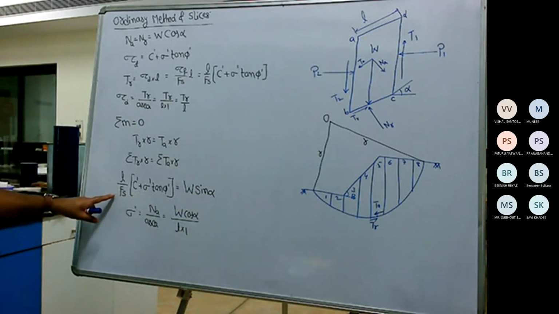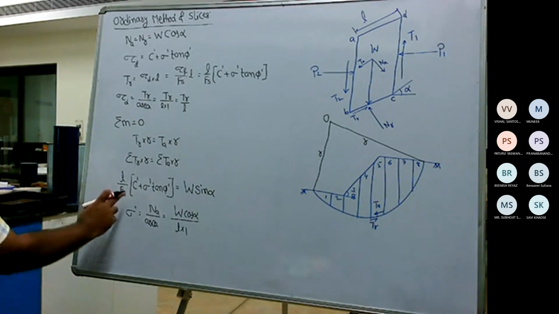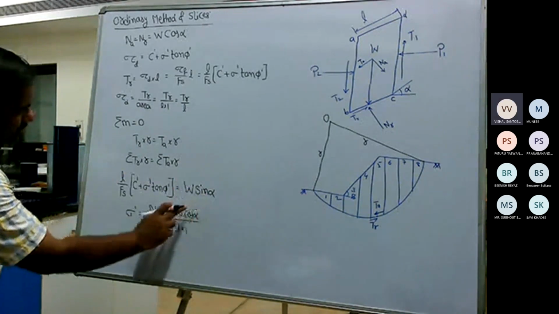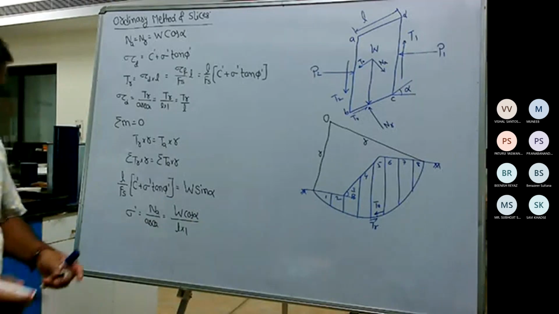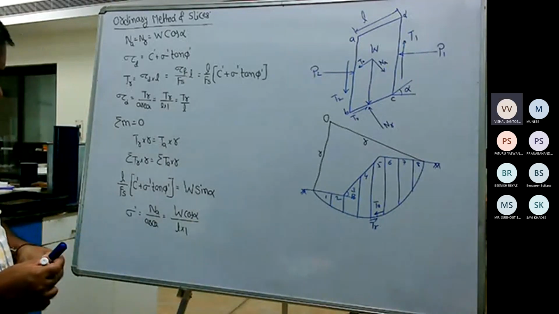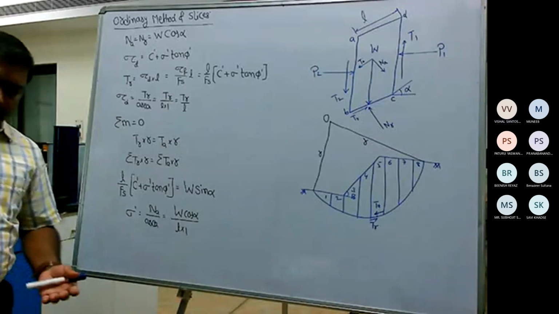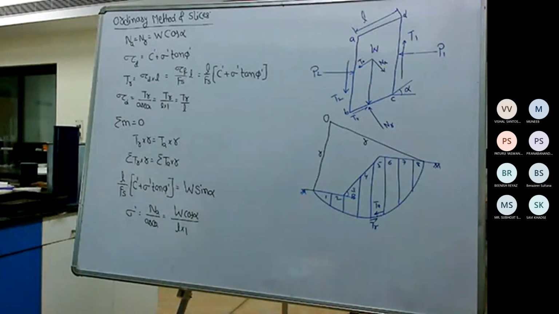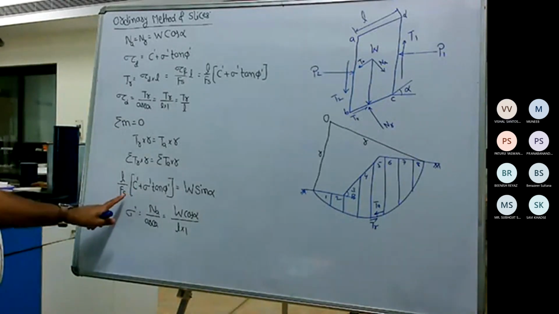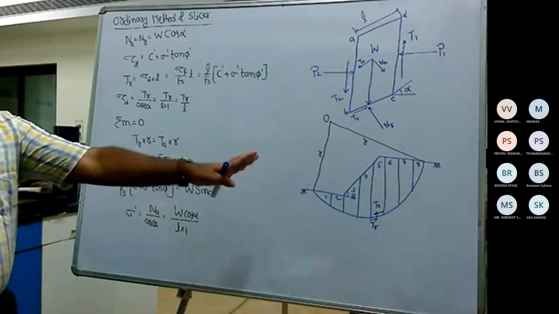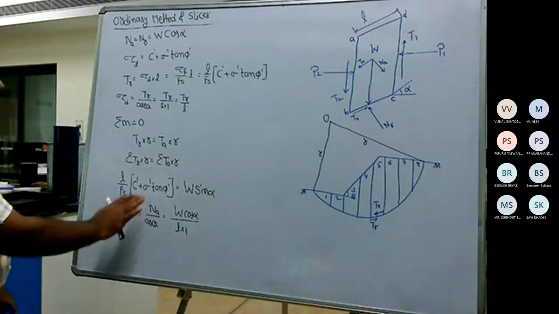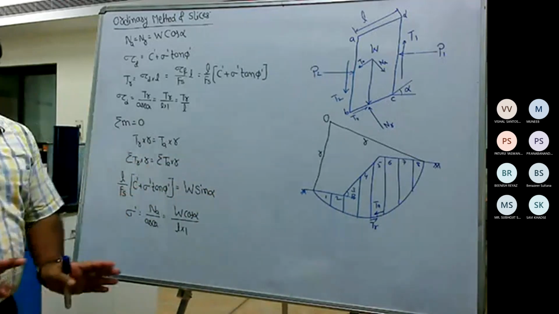The only thing to be done is, my aim is to determine the factor of safety, so just try to rearrange the equation. Yeah, so minus UL, that part I will come to, no problem. This is without considering the pore water pressure. I am simply taking only the dry slope.